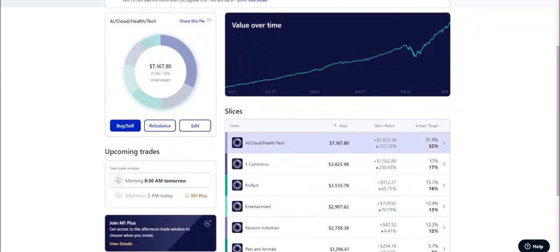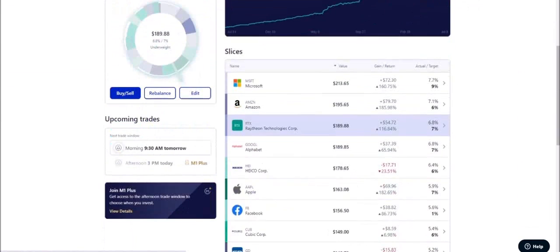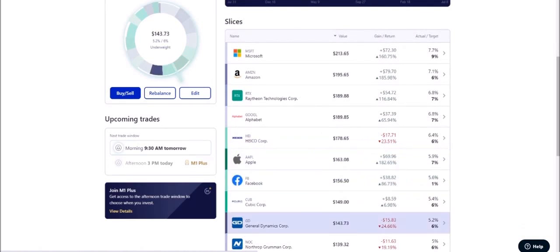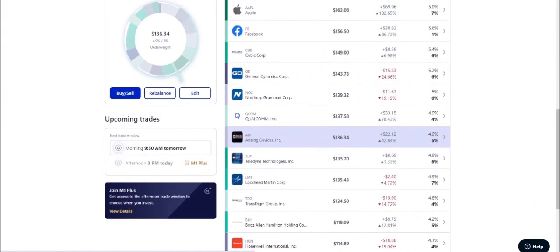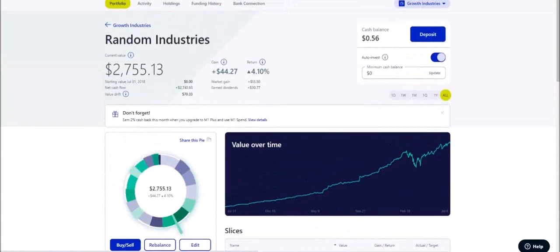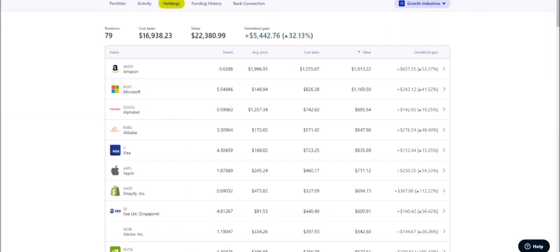So you can kind of see, if you look at the random industries area, hopefully it'll load one of these days, I've got Microsoft in here, not really aerospace. I've got Amazon, and I still have to make some changes to this slice because there's still a lot of those tech aerospace companies in here, and I don't want to sell them by any means, but I might reduce my allocation to them. I might sell a few that I don't really like, but really the idea here is to say, hey, if I look at my holdings,